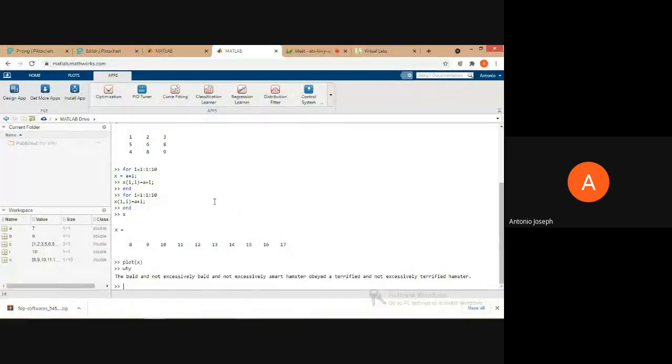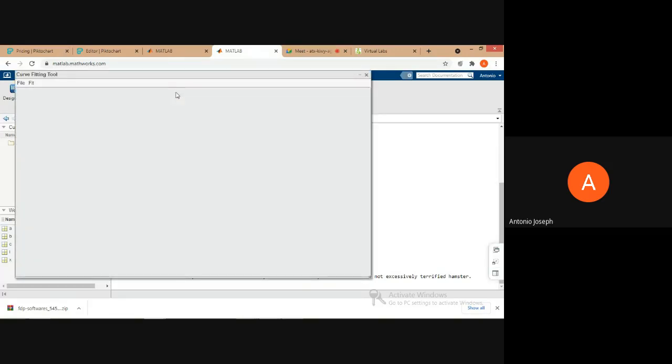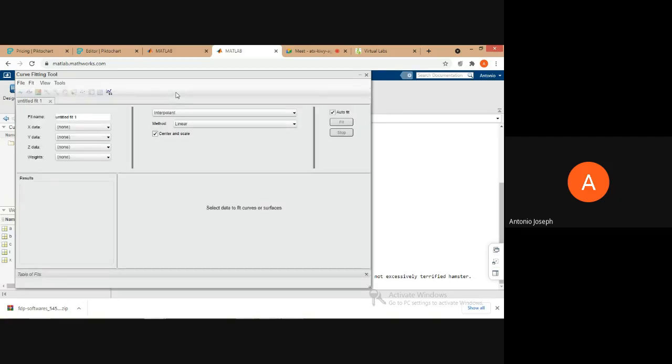So that's about the basic intro part of MATLAB, and we can use the toolbox also that's available. Suppose you want to fit a curve. We have some values, and we have to get an equation based on those values.